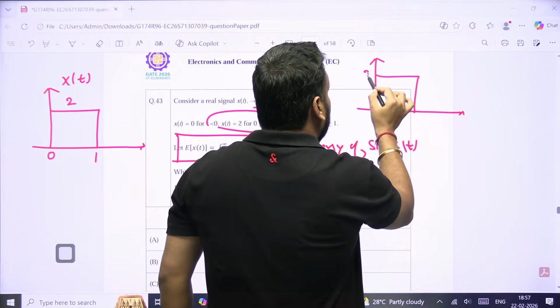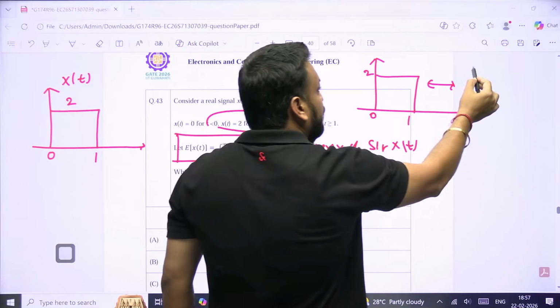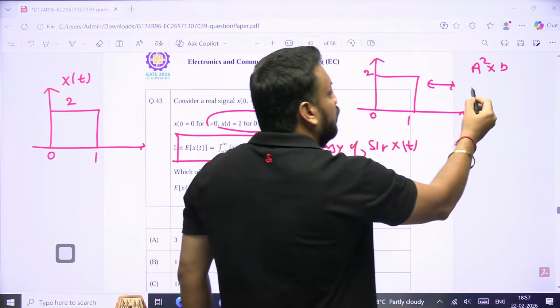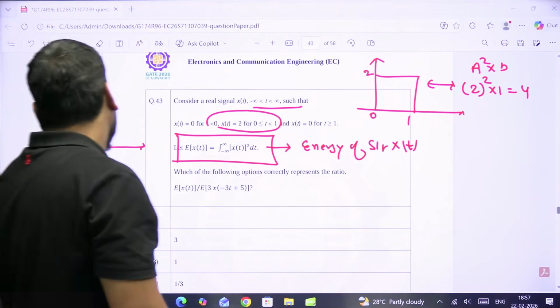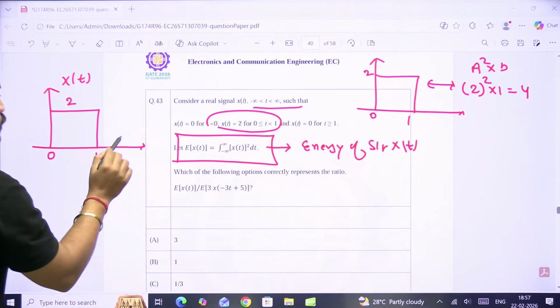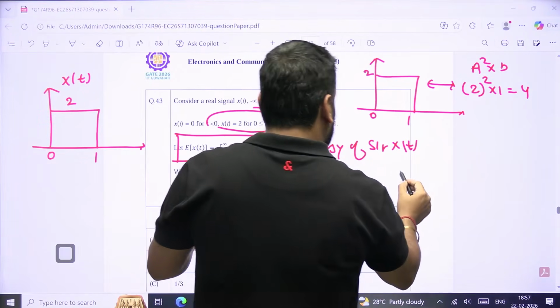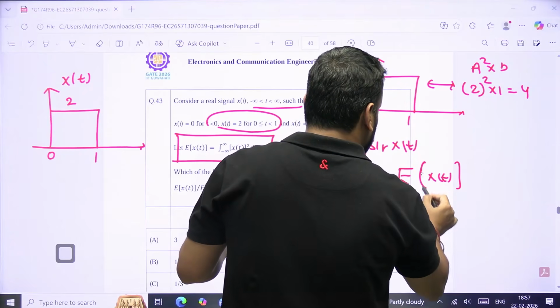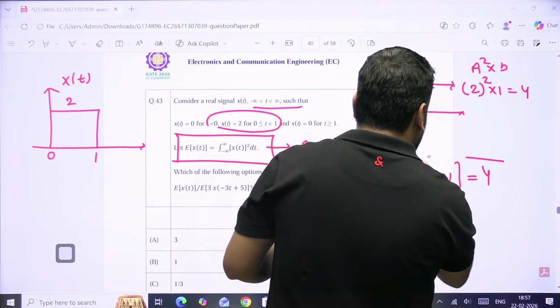And we all know the short trick, the energy for the rectangular pulse will be always A square into B. So the amplitude is 2, and the short trick says A square into B, B means this width, A means this amplitude. The final energy is nothing but 2 square into 1, मतलब 4 हो गया. So the energy of signal x(t) is 4. Examiner is asking for this, capital E of x(t), का जो वैल्यू आ गया वो 4।